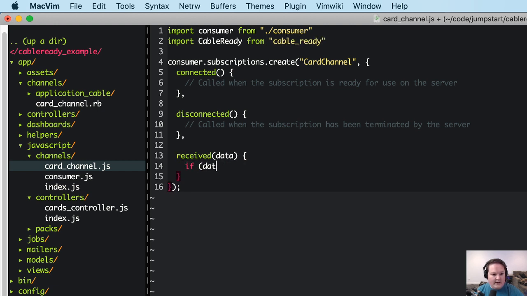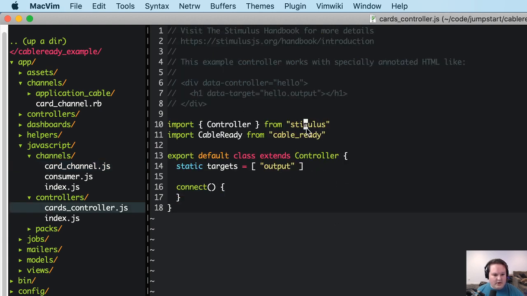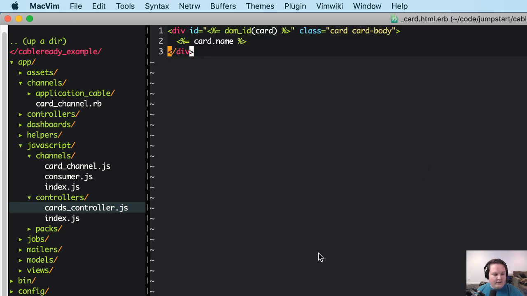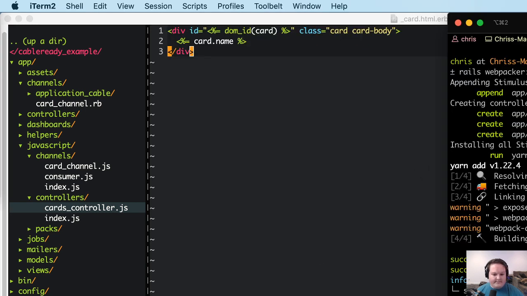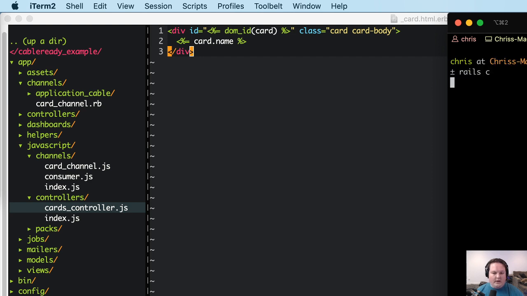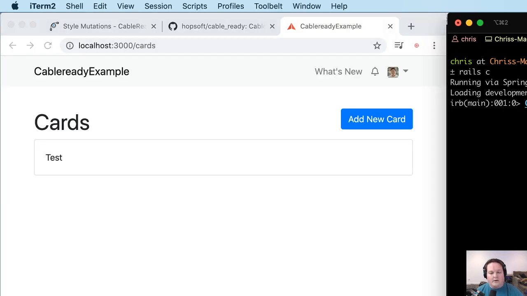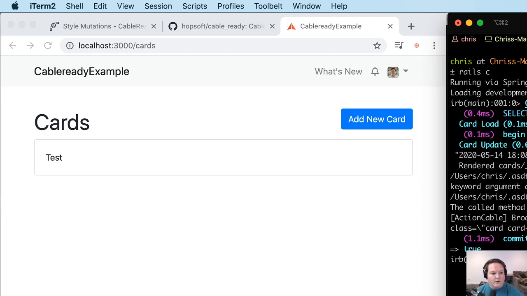Then if data has a cableReady attribute, we can say CableReady.perform data.operations. That's the JSON that the broadcast will send us. So we don't need this controller actually. Let's get rid of that line. We can leave it there, it doesn't really matter. But now if we were to run Card.last, pull up the browser, .update, name is hello world, we should see that that gets broadcast, and it did,